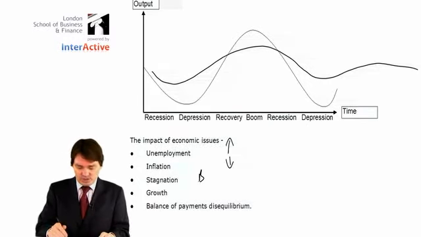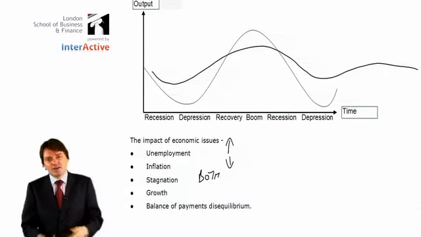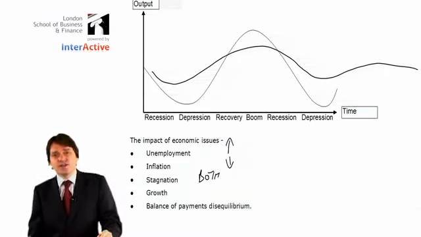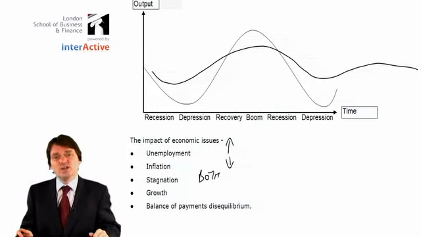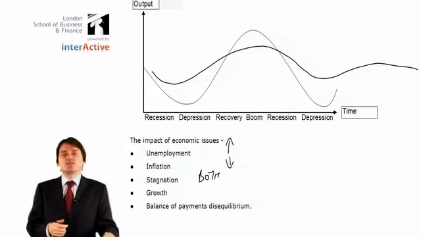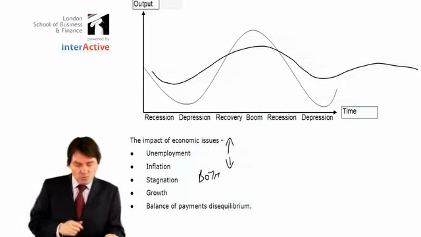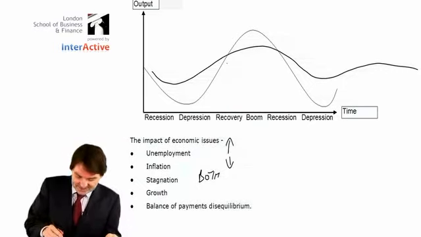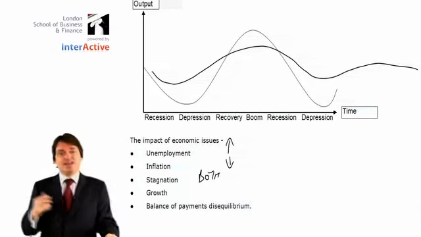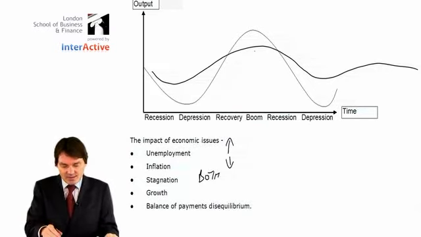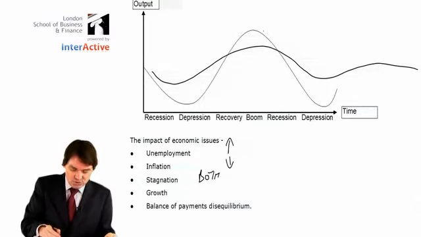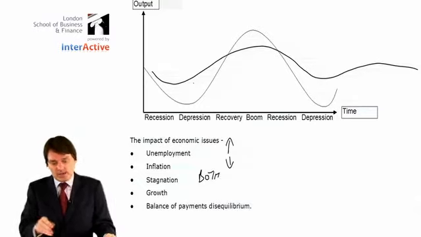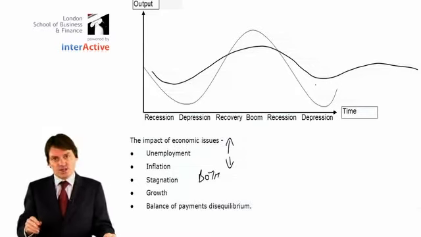Stagnation is, unfortunately, where you have both. Where you've got high unemployment and you've also got high inflation. That was a situation quite common around the world in the 1970s. So that's a very, very serious situation to get into. Growth. Obviously, we would like to have economic growth. We would like things to get better, but again, without letting them get too good too quickly, because if they get too good too quickly, they will get bad very quickly. So try and make things a bit more stable.